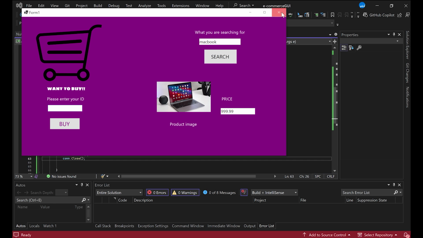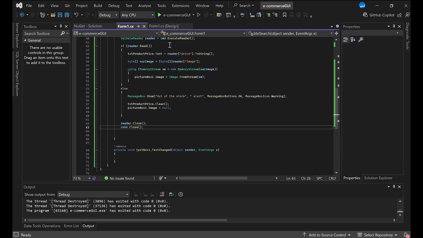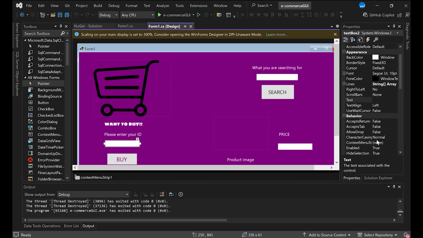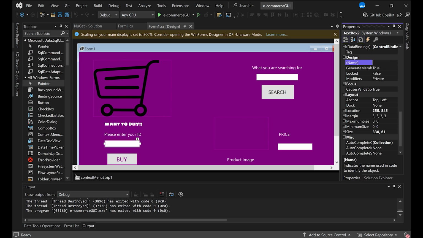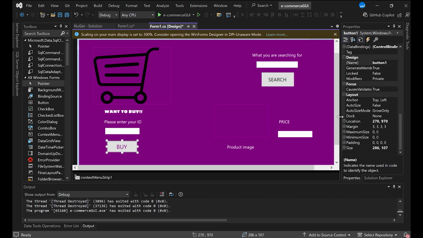And also we want, when we click buy, to add a new order to the order table. So we can go here and change this to the name of this. Text account ID. Enter. And this, let's name it